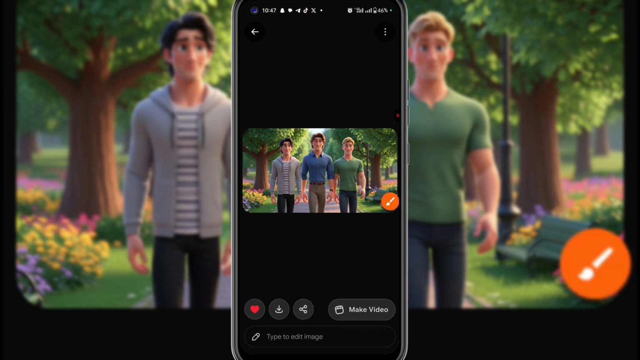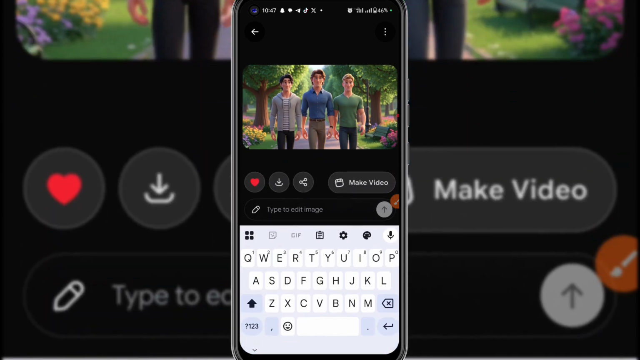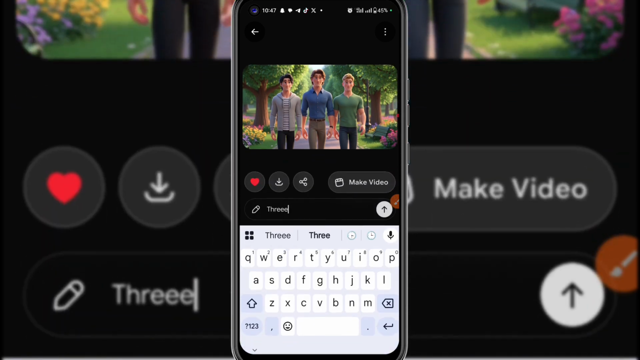Now, let me type in what I want them to say in this particular video. Like I said, this video is not going to be lengthy, it's going to be short, simple, and straightforward. So I'll say 3 men walking in a park,